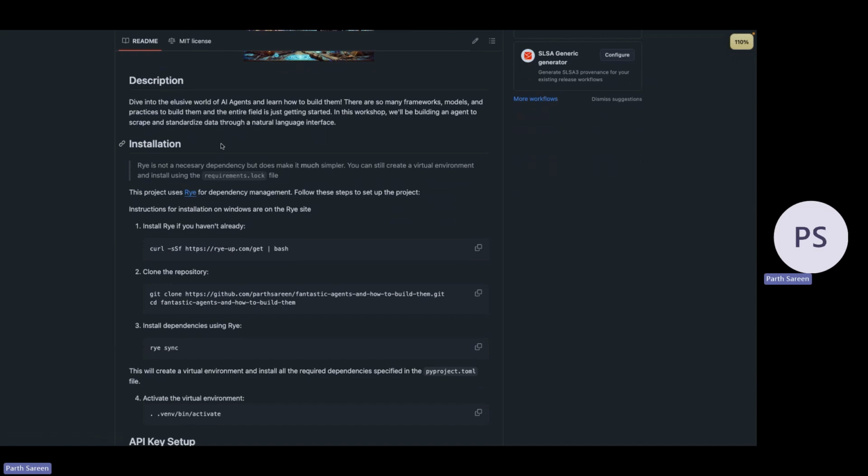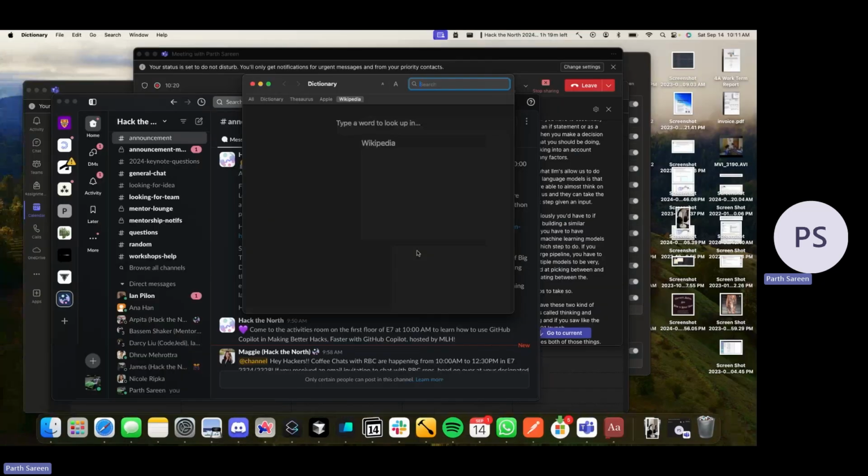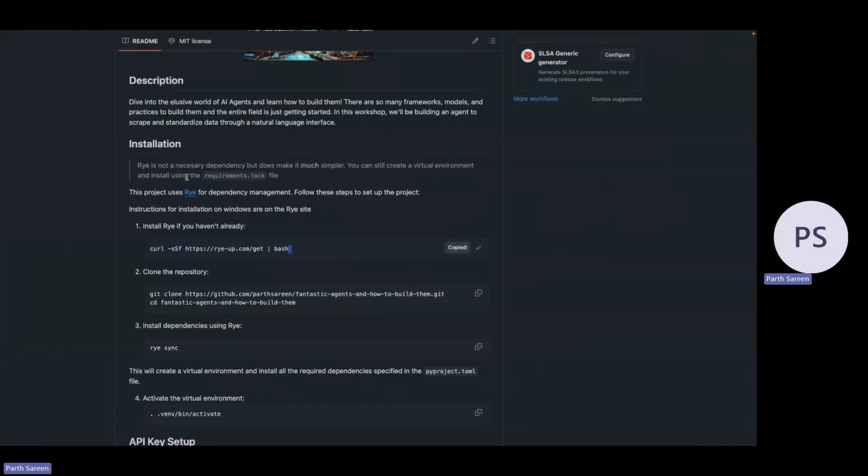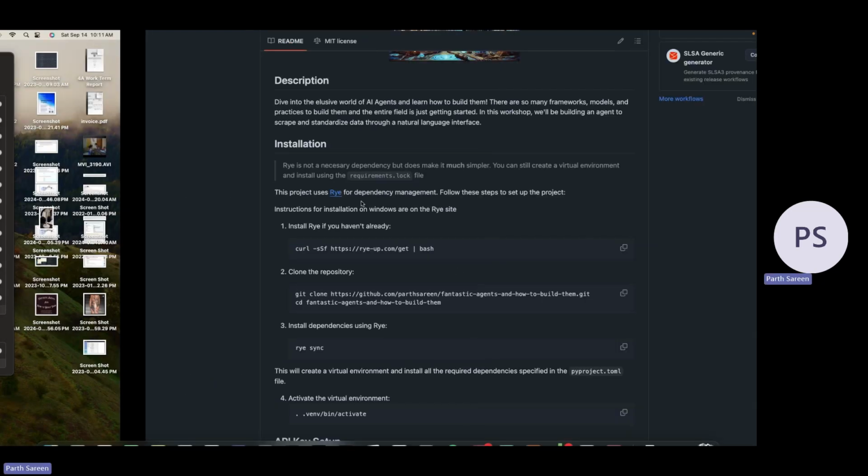So the first thing we're going to do is install Rye. How many of you guys have used Python before? Okay, perfect. And have all of you used pip for packages? Okay, basically everyone. So pip is like the usual dependency manager for Python. I am quirky, so I use Rye. And I'm making you all quirky too. So here's where you get Rye. If you're on a Mac, you can just use this. So that's what we're going to do. But if you're on Windows or any other platform, you can just install from the Rye link on the repo.